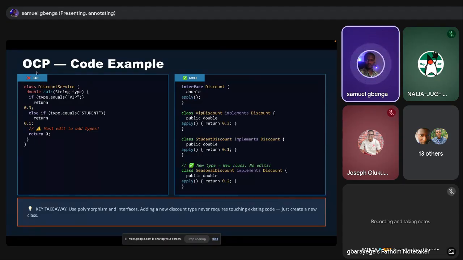It actually breaks the open-close principle, open to extension, close to modification, because you can come to this place and want to add